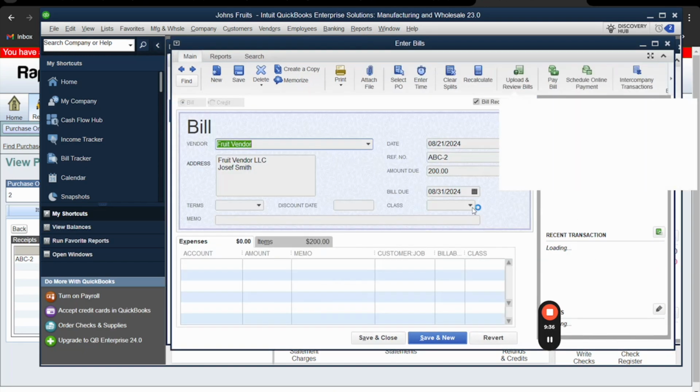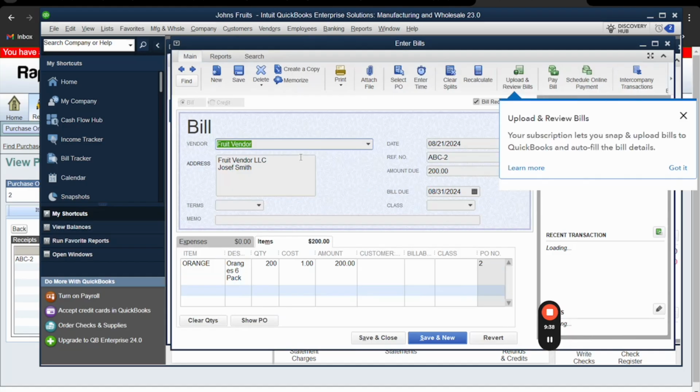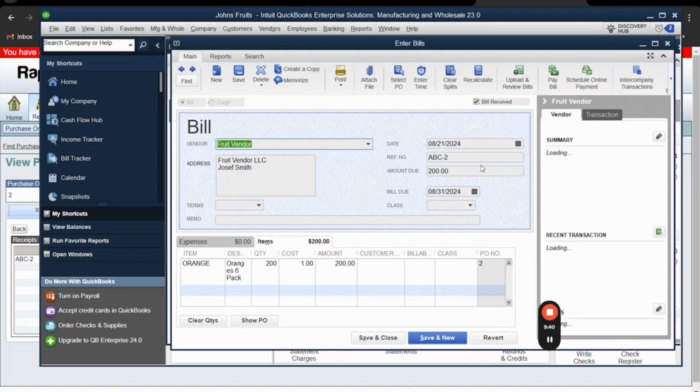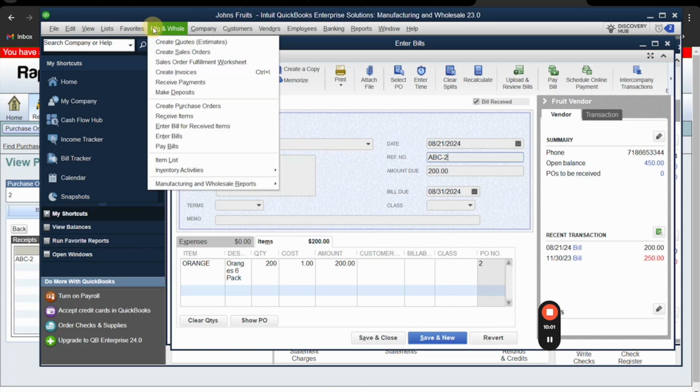Let me just X that out. The bill was automatically created here with that reference number. I like to do a number and then I do a dash with the purchase order. This way I can easily know which purchase order belongs to it. The bill here is received, and now if I go to